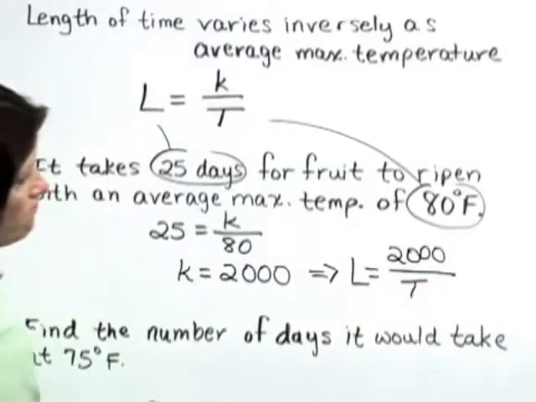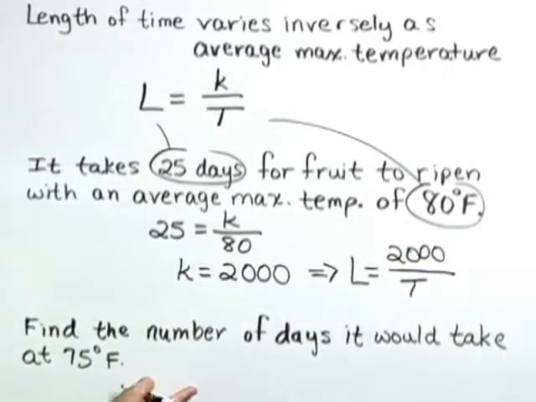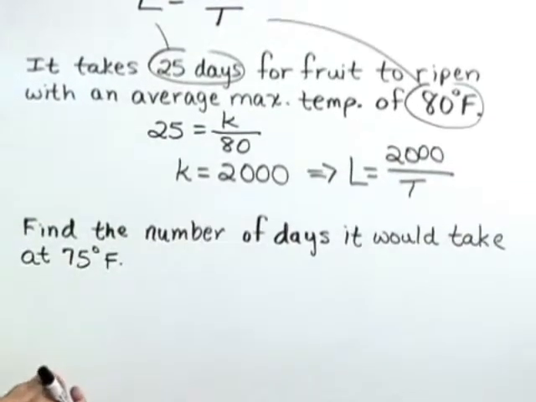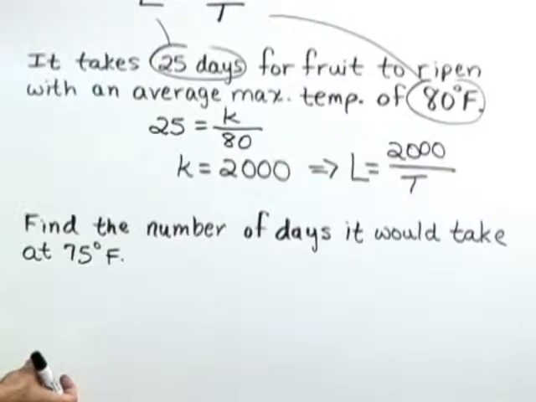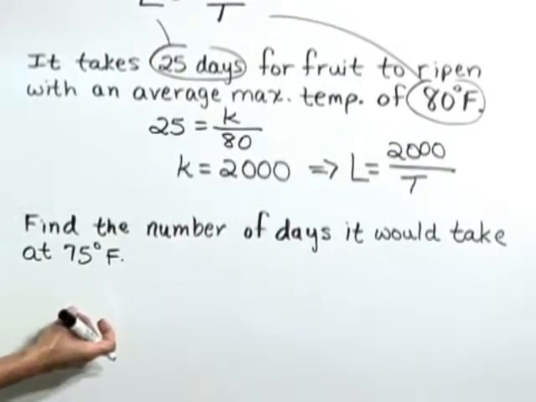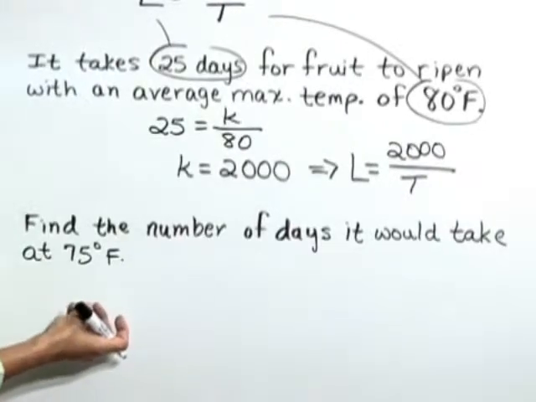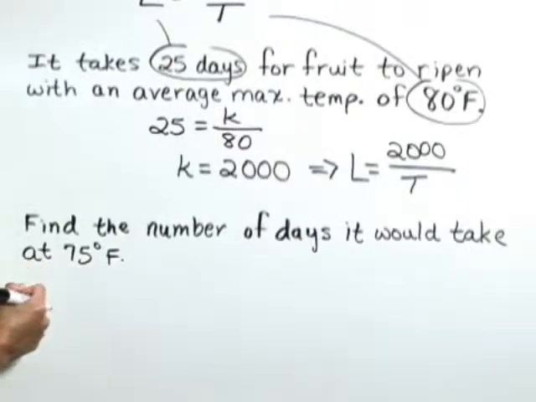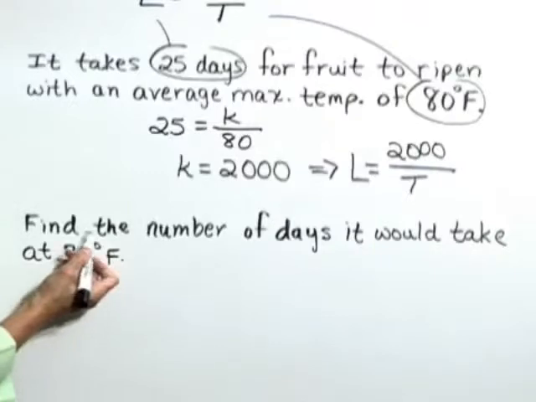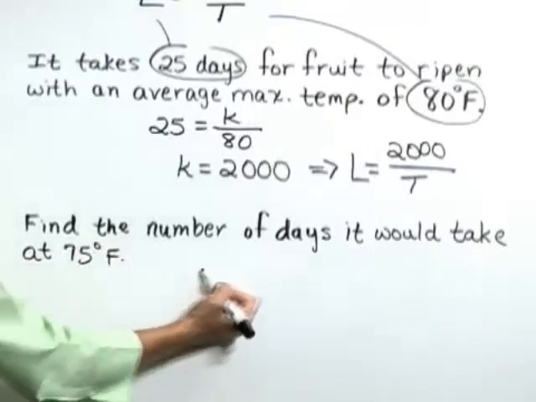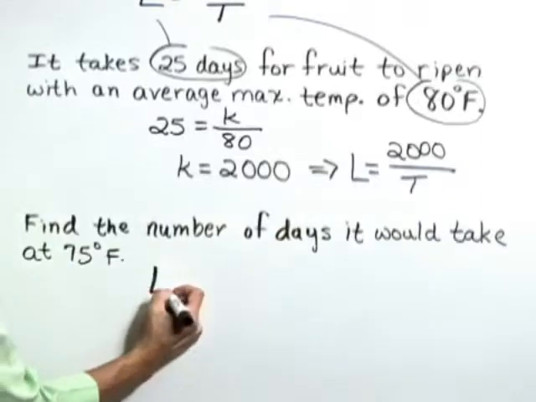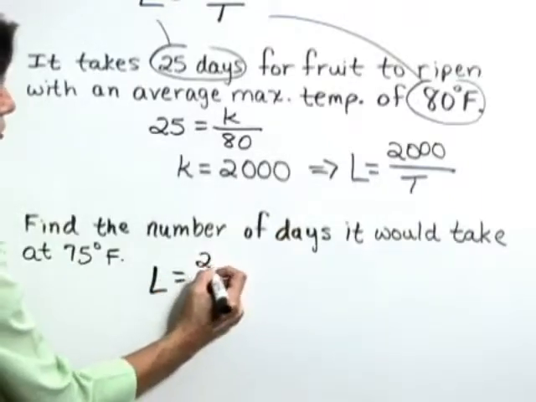So having solved for K, we can say that our equation looks like L is equal to 2,000 over T. Now we've got a third part to this problem, a question that's asked of us. Find the number of days it would take for this fruit to ripen during the growing season if we've got an average maximum temperature of 75 degrees Fahrenheit. So we're going to take that 75 degrees and substitute that in for T, the temperature. So L is equal to 2,000